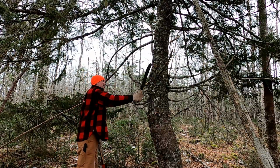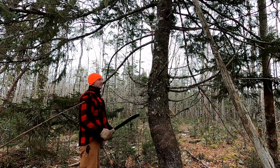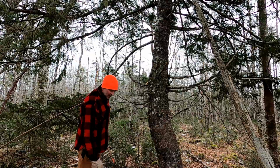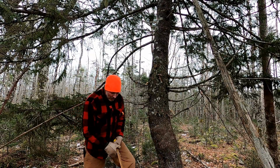We try to take this with the machete, right? You can tell I'm coming onto it. It's vibrating the heck out of my hand. It's not coming down. With the axe, it's off. All right, so